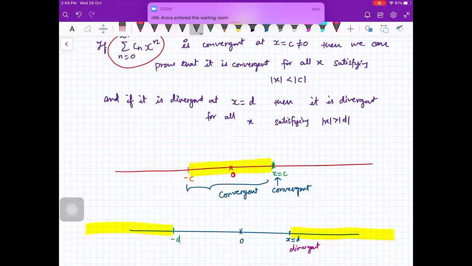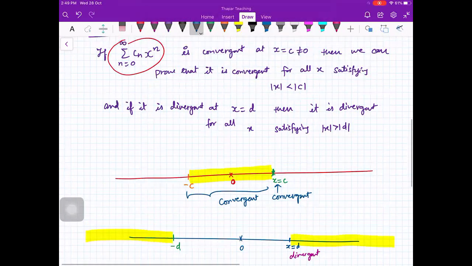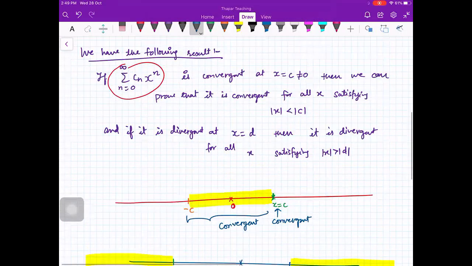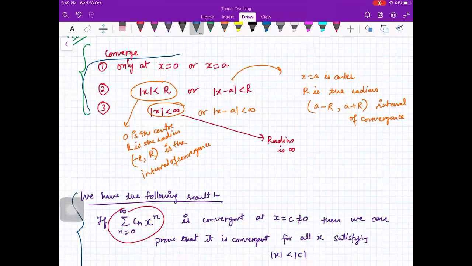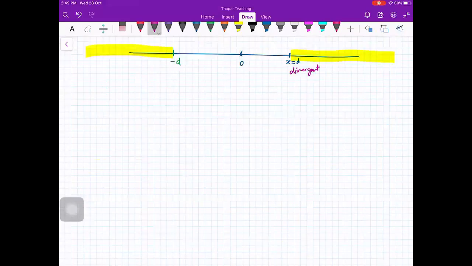Okay. So this is the result for a power series. You don't have to use it in the exam as such. The only thing is, this tells you that the only behavior possible for the convergence of a power series is whatever we had observed yesterday. So I will do examples today so that you have more clarity. I will do 1 or 2 more examples. Although we have done 3-4 examples yesterday, let me do 1 or 2 more. You have to follow the same procedure for checking the convergence of a power series. So let us do this.